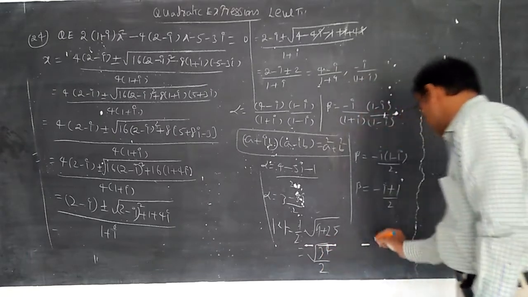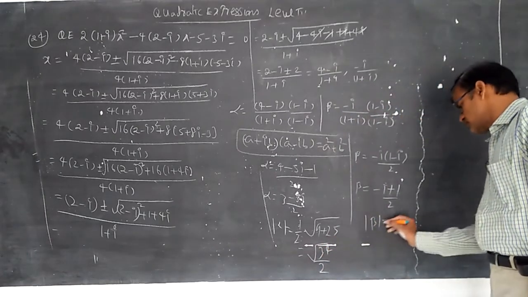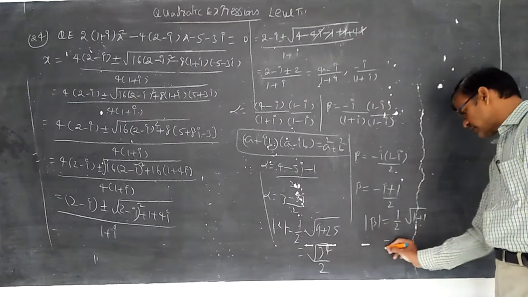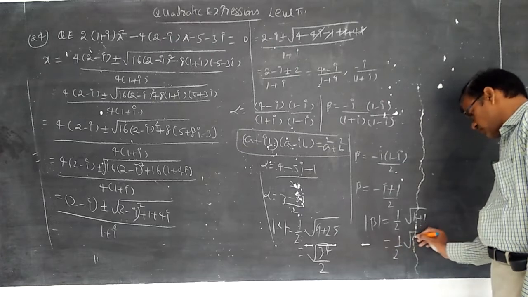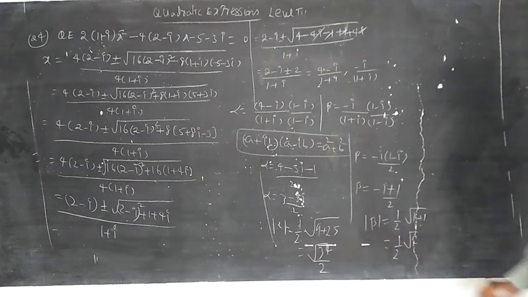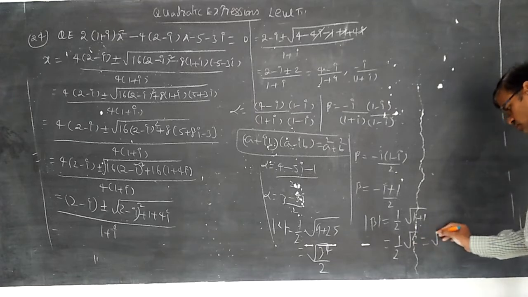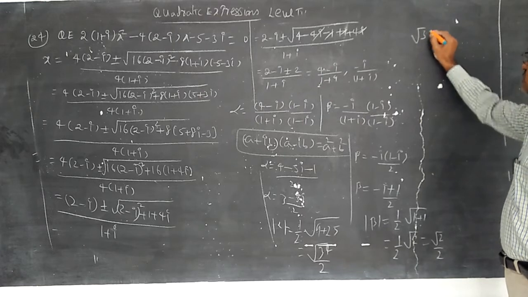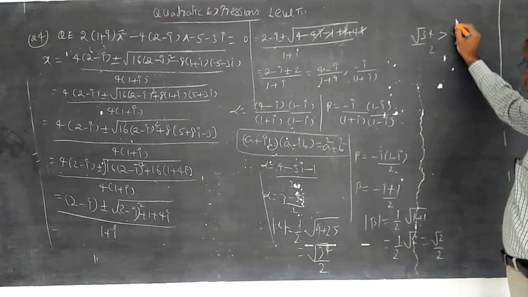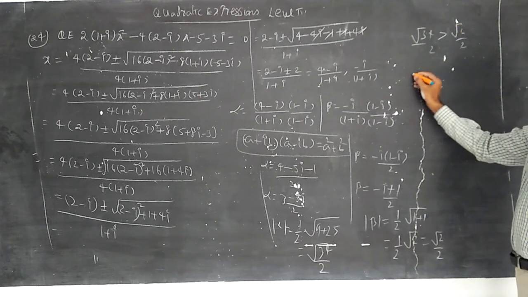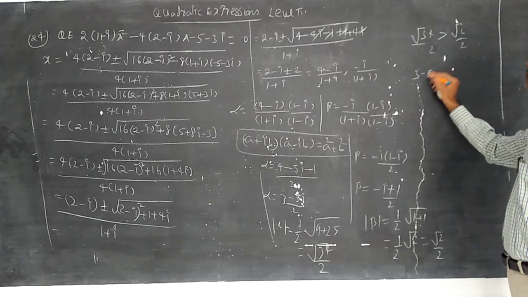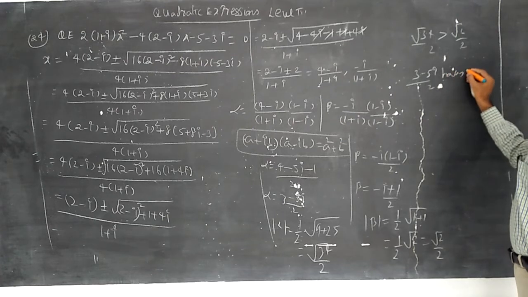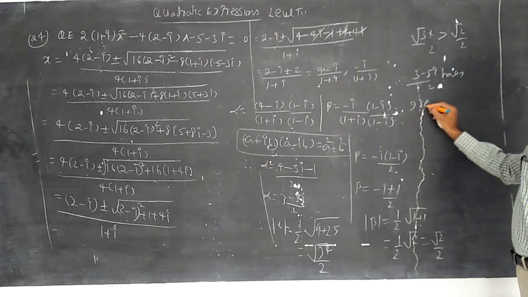This is a modulus, and modulus of beta is equal to, here also root of component square plus component square. That is equal to 1 by 2 into root 2. So root 34 by 2 and root 2 by 2. Root 34 by 2 is the greatest modulus. So root 34 by 2 is greater than root 2 by 2. Therefore 3 minus 5i by 2 has the greatest modulus. It is correct.